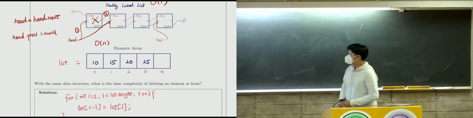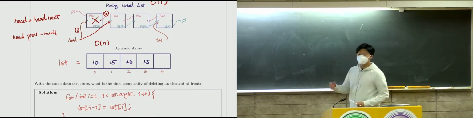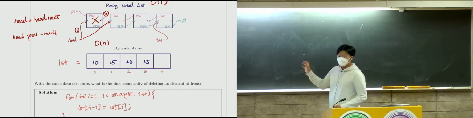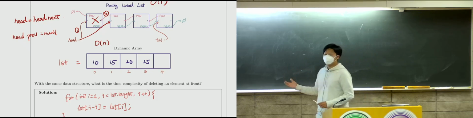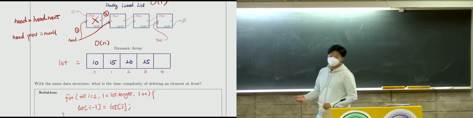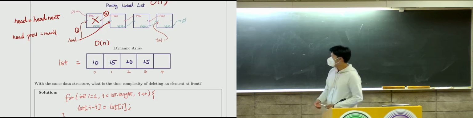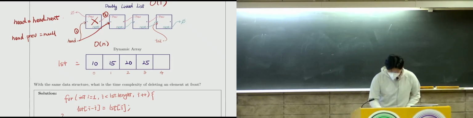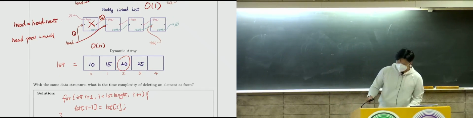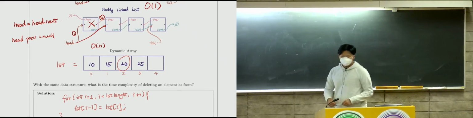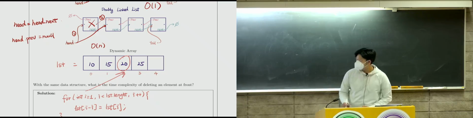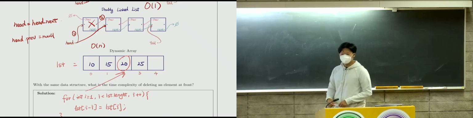So with a dynamic array, first, you get faster access to any element in the array, given that you know which index it is at. For example, if I want to access the element at index 2 here, if I have an array, I can directly point to this position, which is O(1)